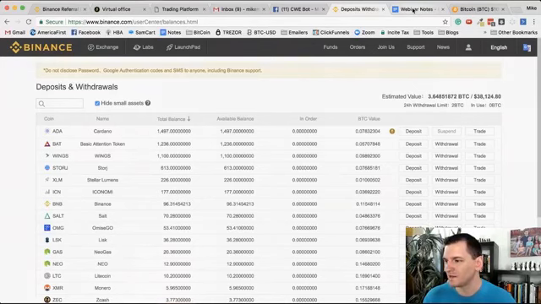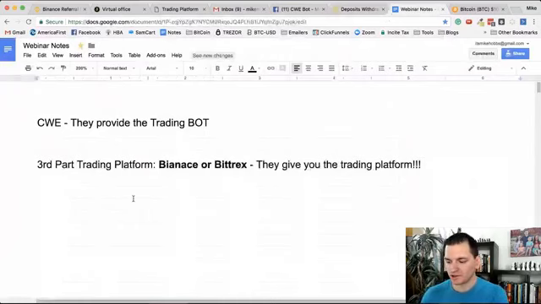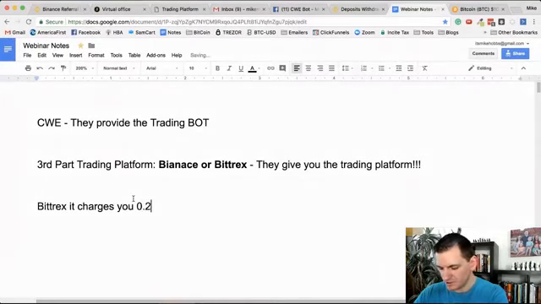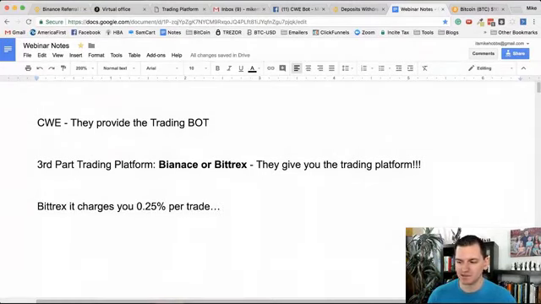So the very first step is you need a Binance account. And why do you need a Binance account? Binance has 5 times less fees. So for example, when you do a trade on Bittrex, it charges you 0.25% per trade. Okay. Now that's not very much, because if you think about it, if it did $10,000 in trading, let me just throw that out there. So if it did $10,000 in trading